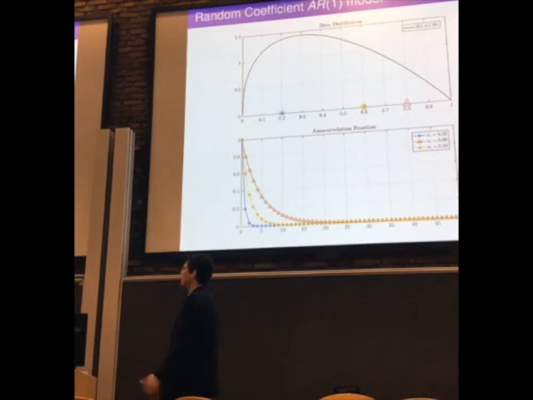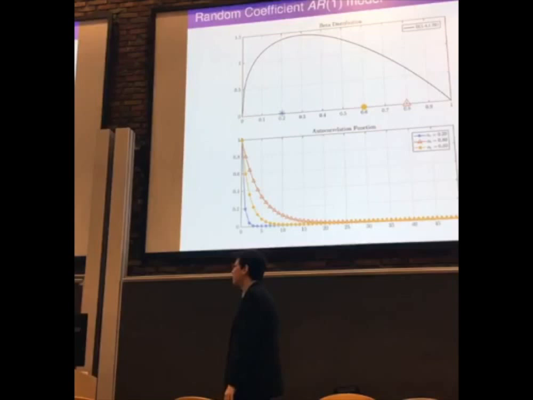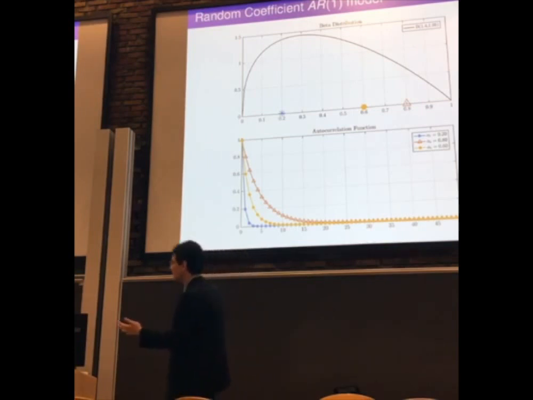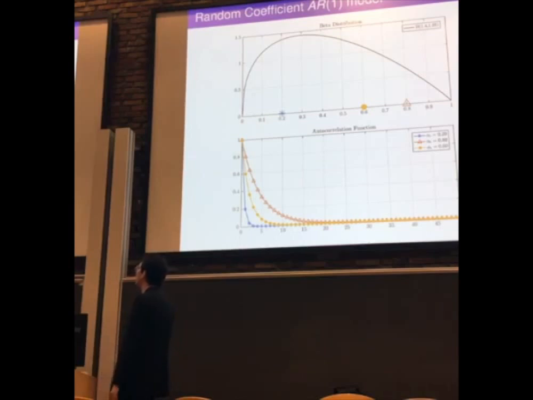We can, of course, do this again. So now we have this yellow dot, and then we have something in the middle, not the same autocorrelation function, and conditional on this value of alpha, we are getting short memory. We are not getting the long memory that we can expect. Well, the expected value of alpha. Yet, you can see from the beta distribution, we have a bigger mass kind of away from 1, so we have all of these regions where we know this is short memory processes, so they behave, let's say, in a nice manner.